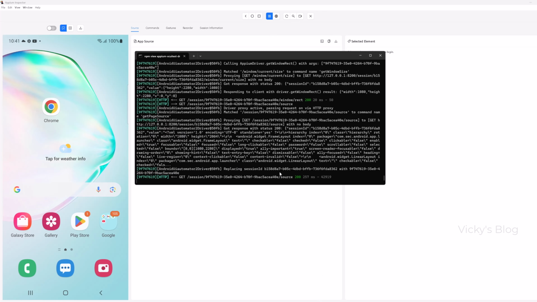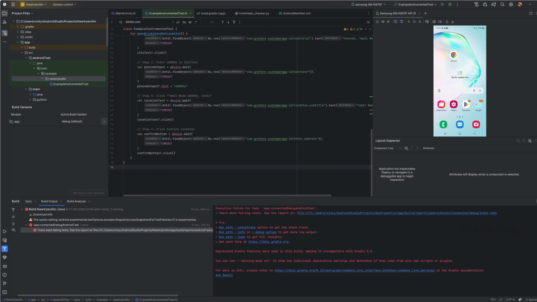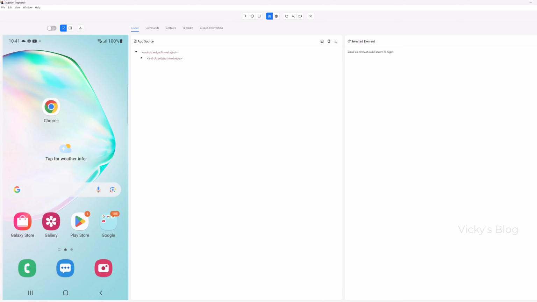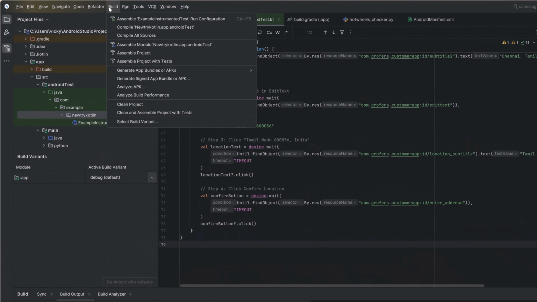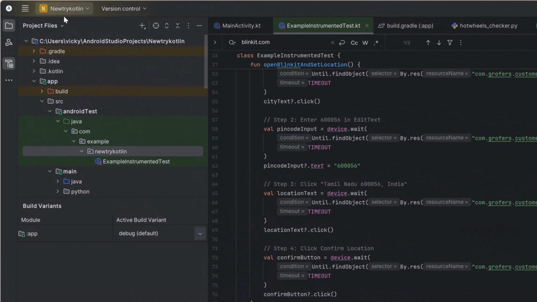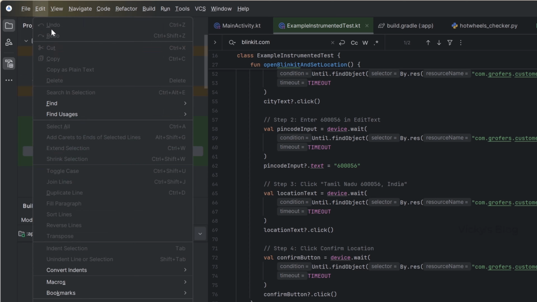Even if I'm running the APM server and try to run this code in Android Studio, definitely it will get an error. So I need to close the existing one. For example, you can close it directly here, or you can go to rebuild, clean project, choose that, and then